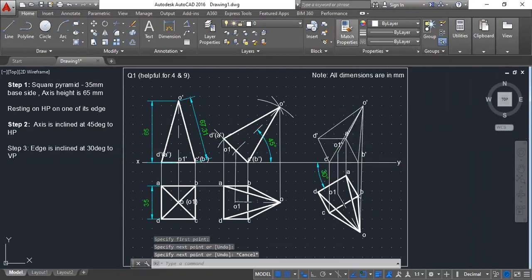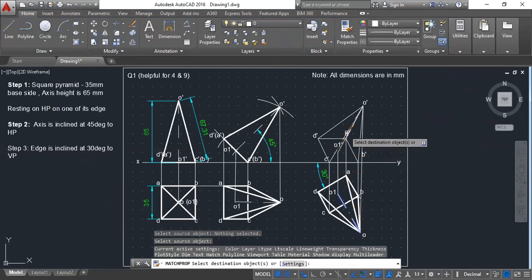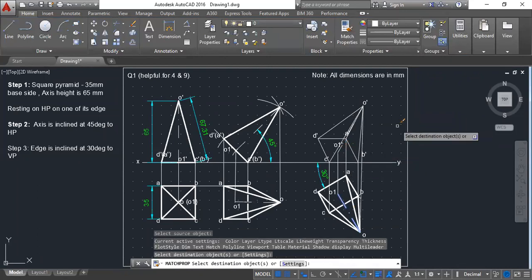And always remember O1 will be the axis, whatever it is. O1 line is always going to be the axis.